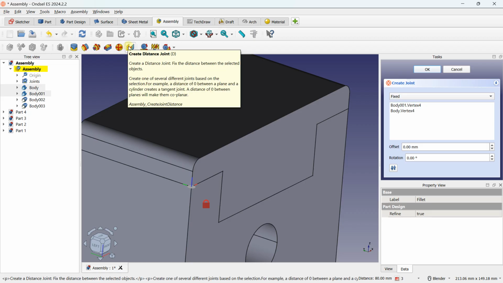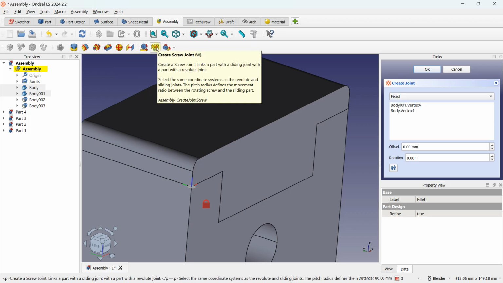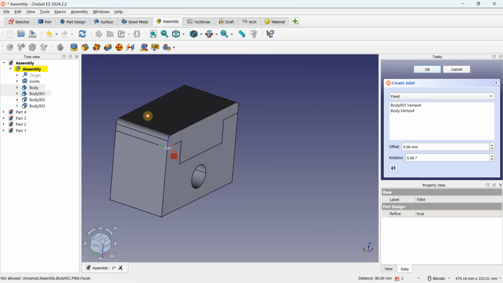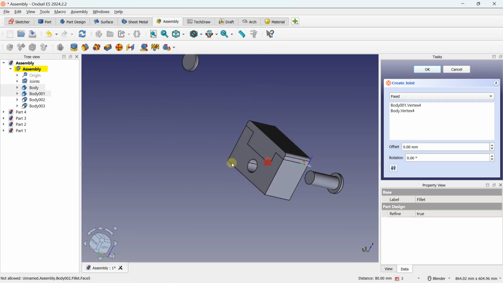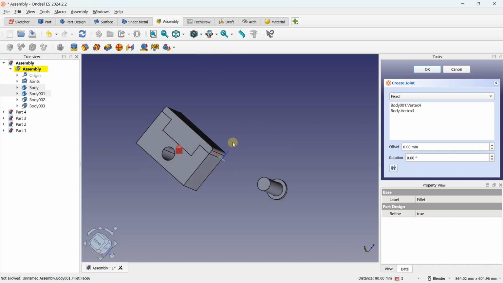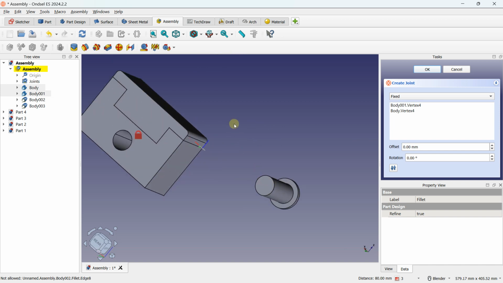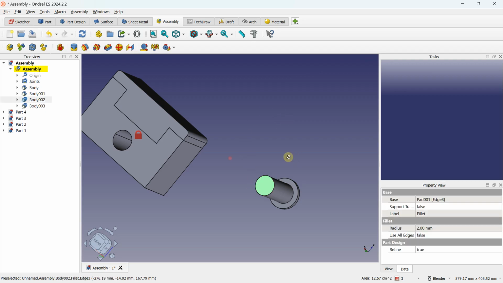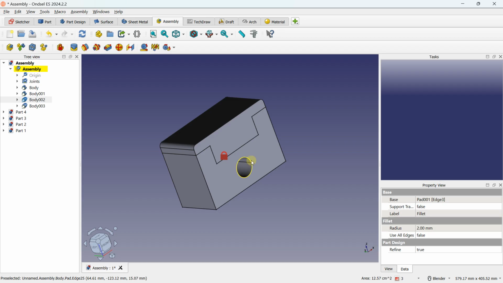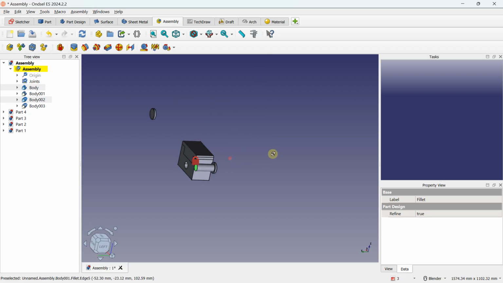But you have also other types of relations that you can use. I'm just going to show you the basic relations. So now, if I want to put my cylinder, here I have a cylinder. Something that you can do is, I will press validate first on these options, and I can select this one. If I select this face here, as you can see, when you arrive close to this element, you can select this one. And now I have different options.